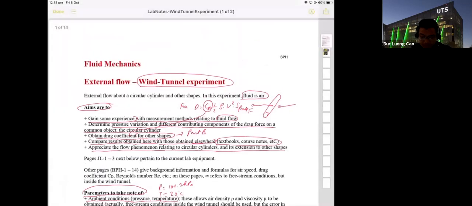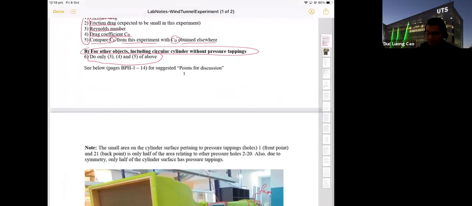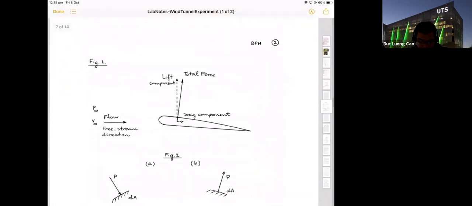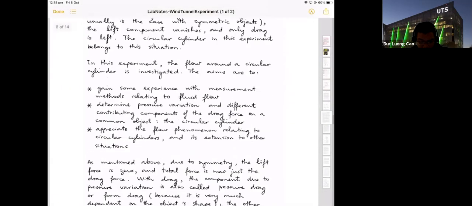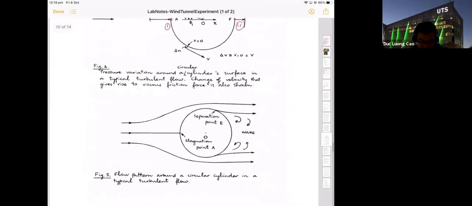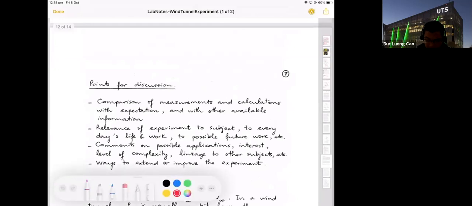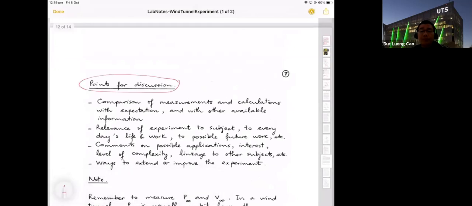Okay, so good. And in this document, the last note, we give you some suggestions for discussion, some points you can use in the discussion. You can give the comparison between CD from the calculation and CD from other valuable information from the textbook